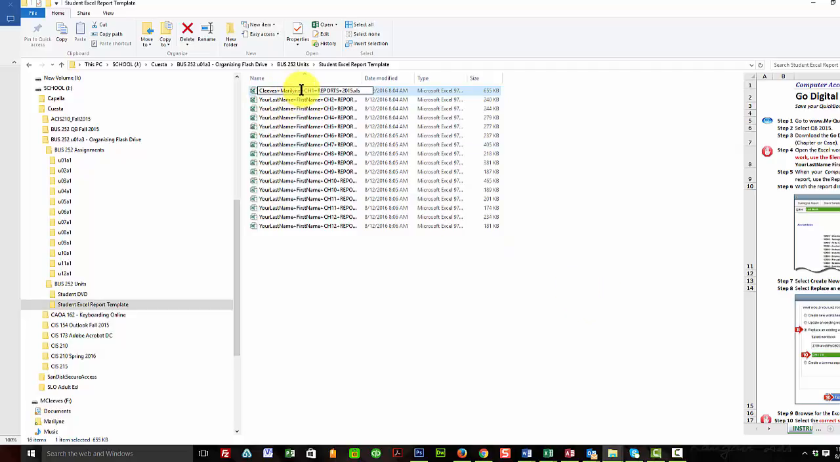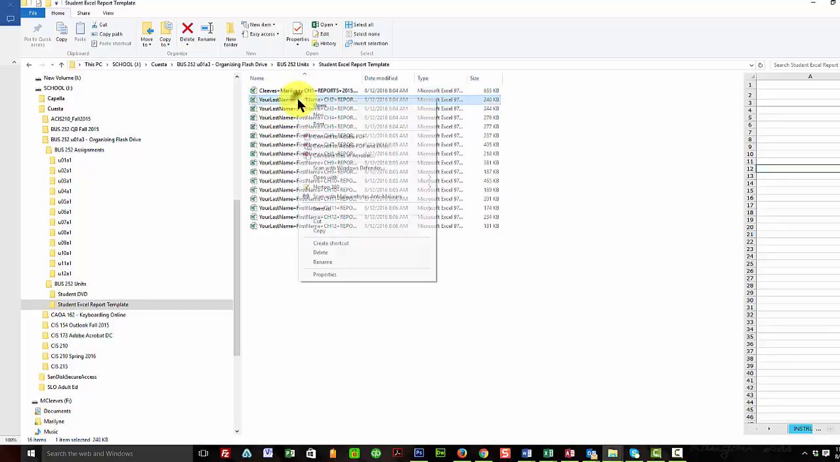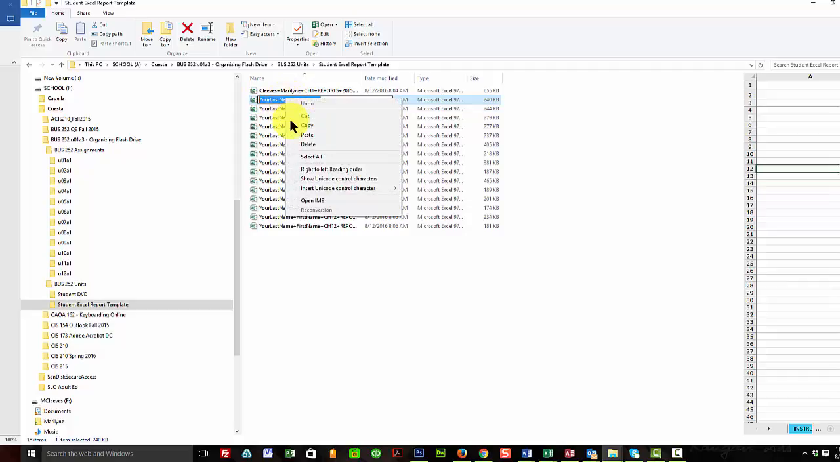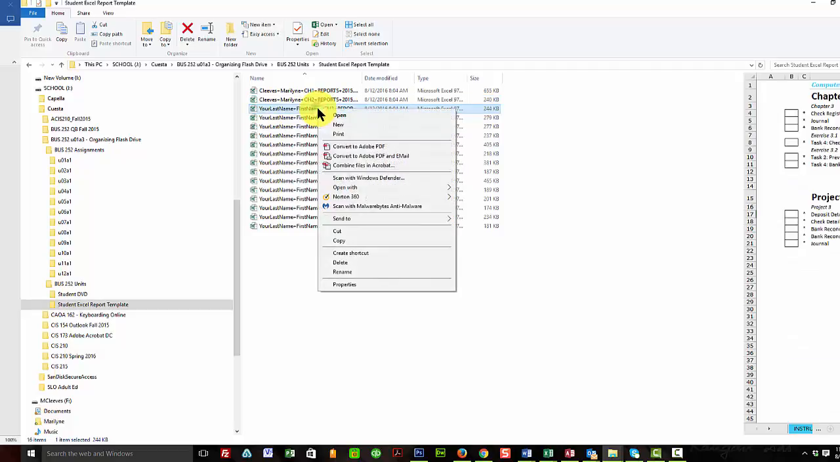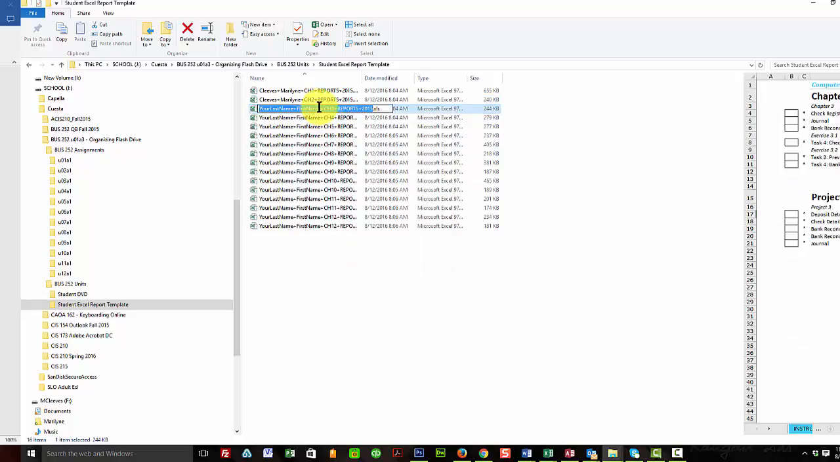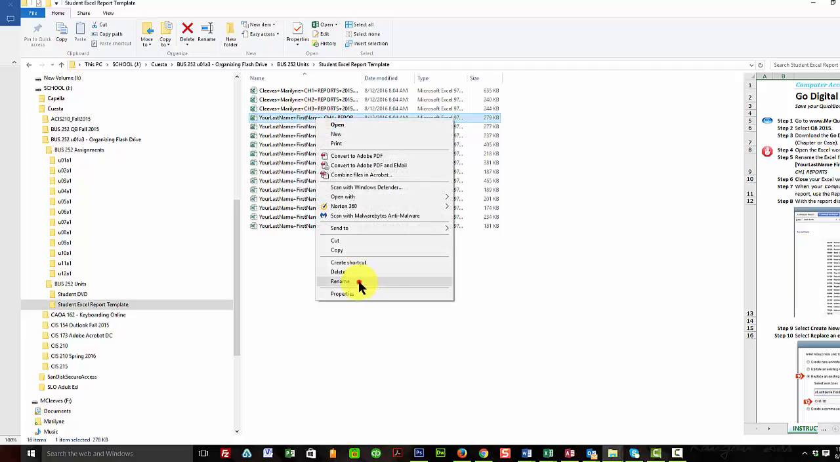Now, I'm going to show you a little trick. I'm going to take just the Maryland plus Cleves, right click it, and copy. Now I'm going to come down, right click, rename, highlight just first name, last name, and I can do it with a Control V, or a paste. So right click, rename, and right click, paste. Again, rename,